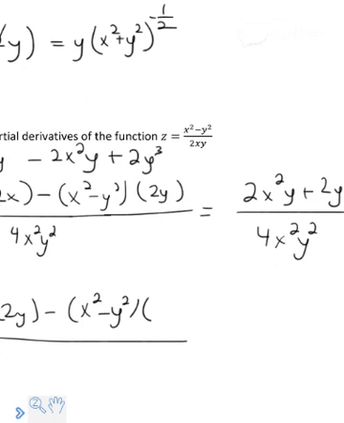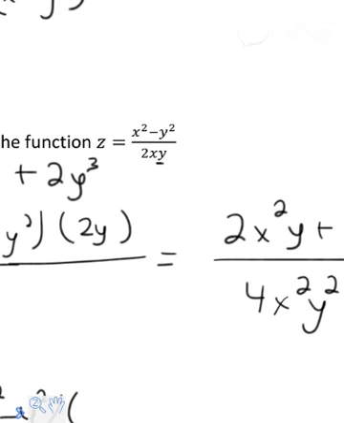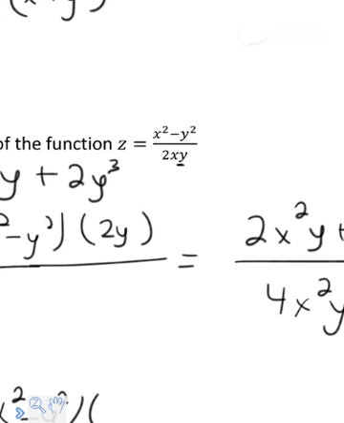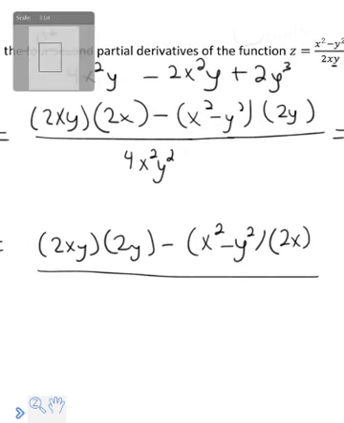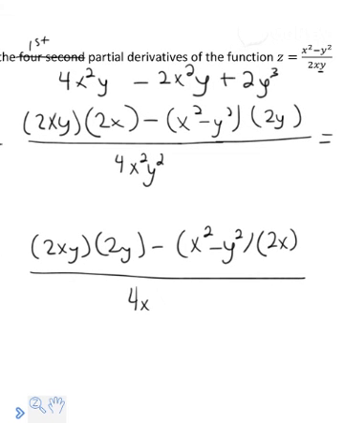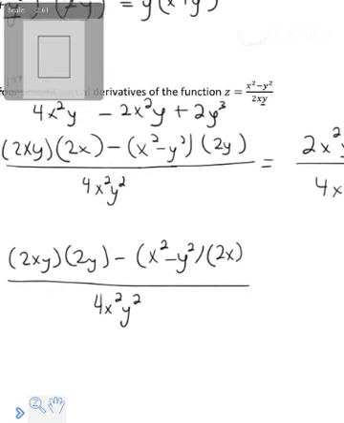Now if we take a look here, y is the variable, 2x is the coefficient. So it's 2x times y. So with respect to y, the derivative is just going to be 2x, all over low squared, 4x squared y squared. Now if we want to simplify this,